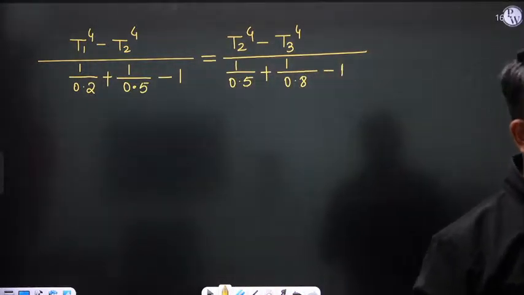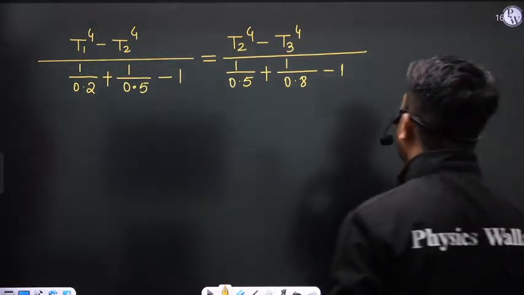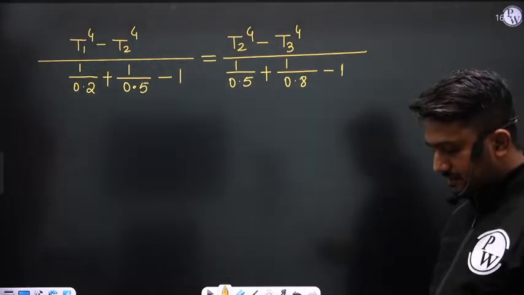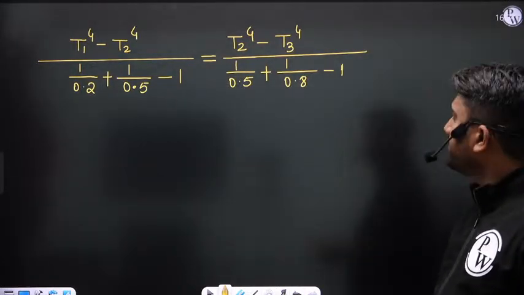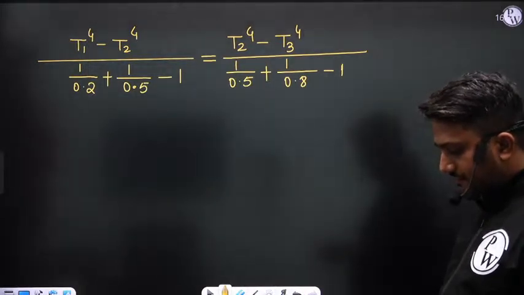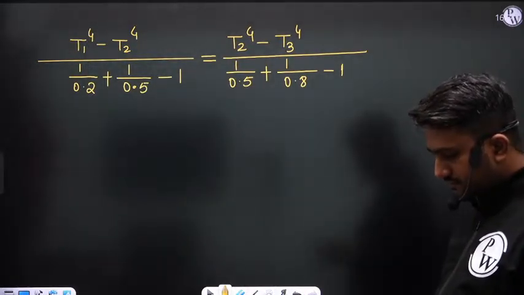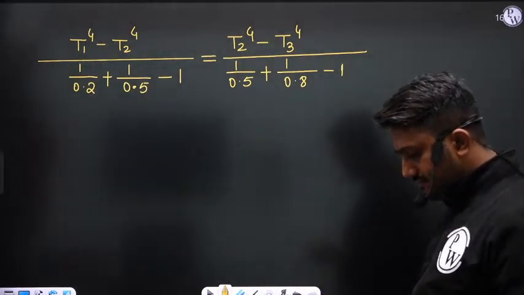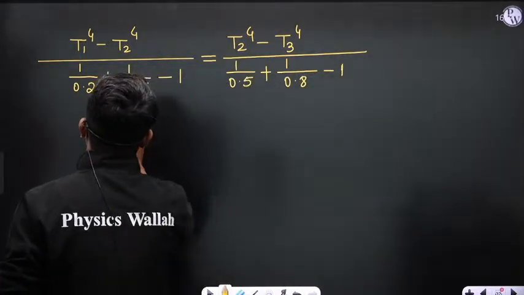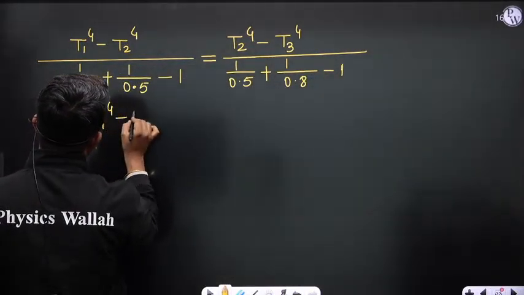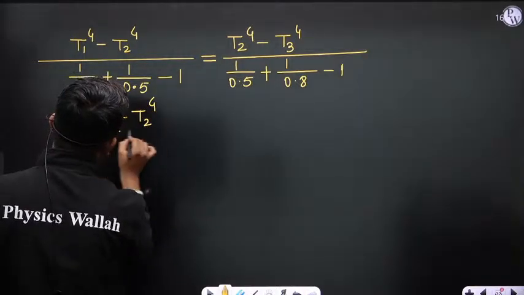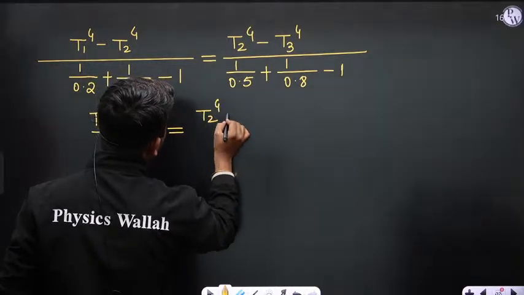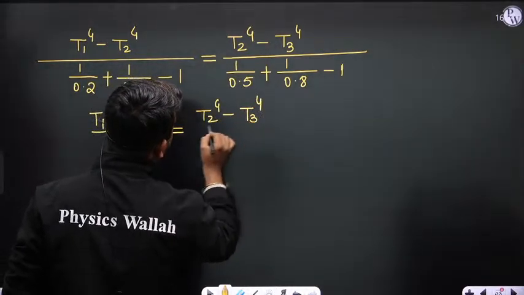Okay. Now solve this mathematical expression, because T1 is known, T3 is known. There is only one unknown, and that unknown is T2. So 1 by 0.2 plus 1 by 0.5 minus 1. So this is 6. So T1 to the power 4 minus T2 to the power 4 by 6. This is equal to T2 to the power 4 minus T3 to the power 4 divided by,